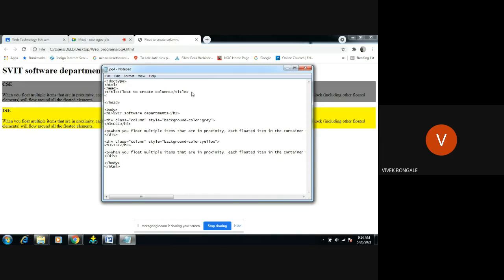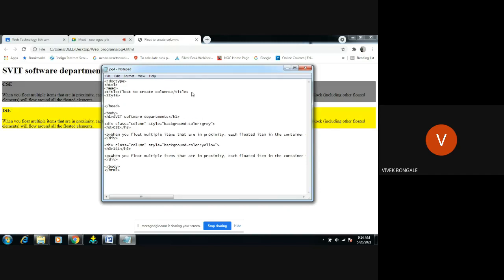Now I will use an internal style sheet. Previously I used an inline style sheet; now I am using the internal style. So for that we have to use style. And I want to fix the border for this browser. I want to fix the border, which means I want to give the size for the box. What box are we trying to create?